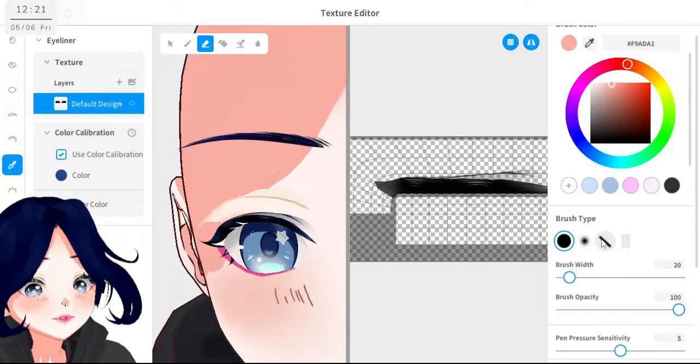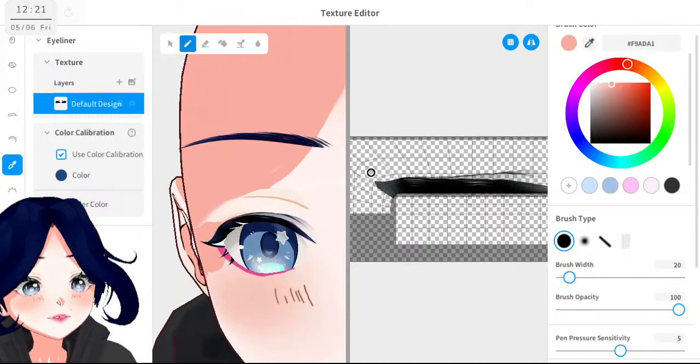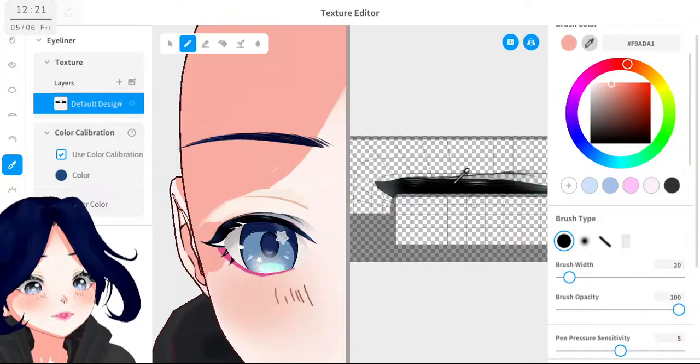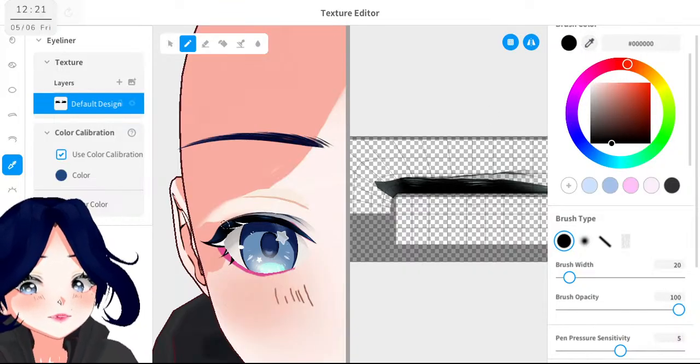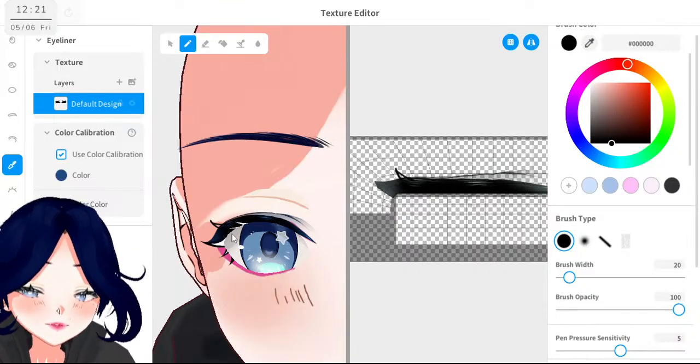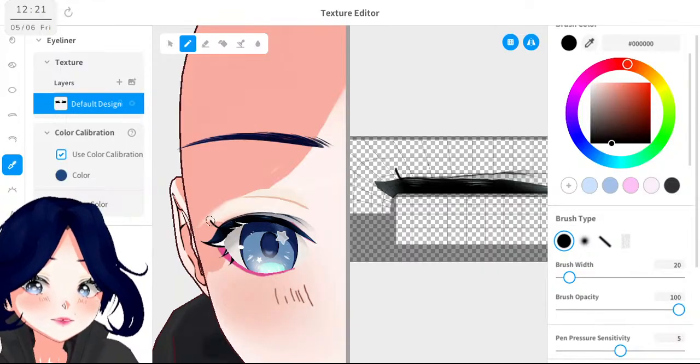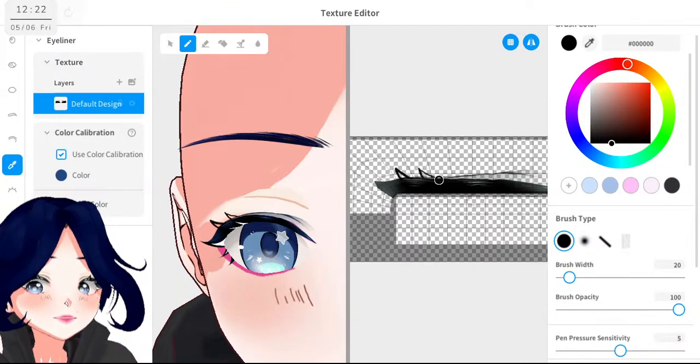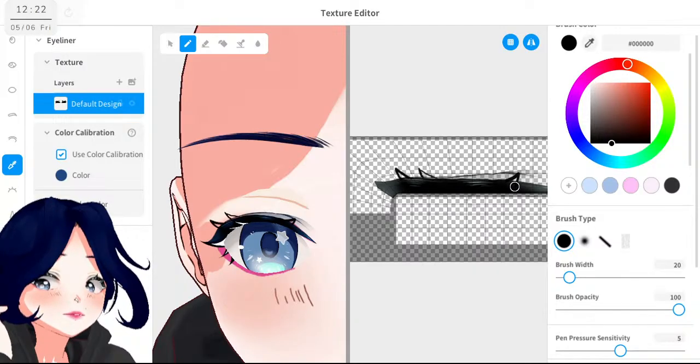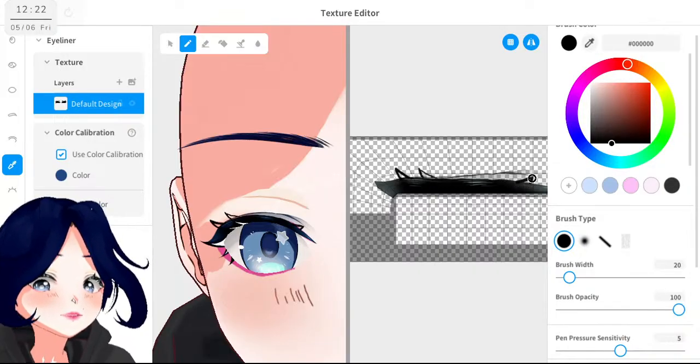And so we will need just the lashes. Let's color pick the black. Like this. And the last one should be around here.